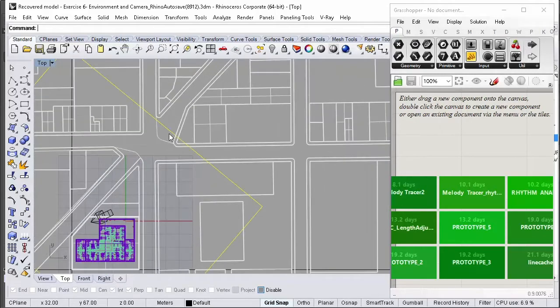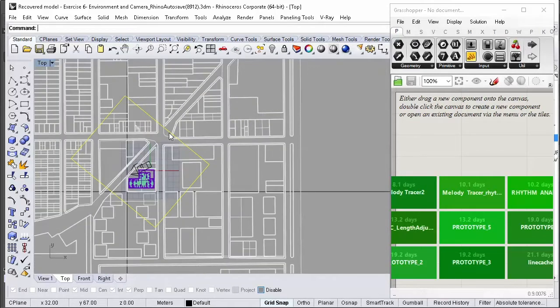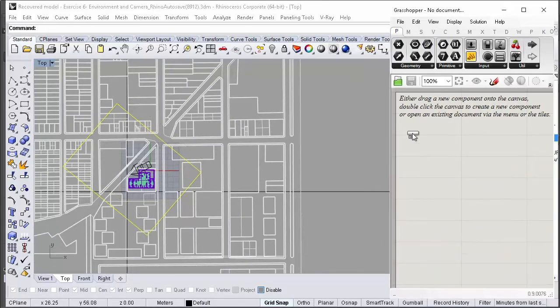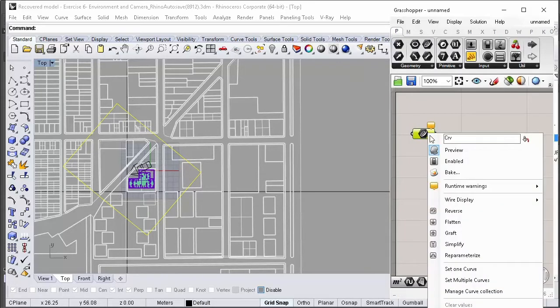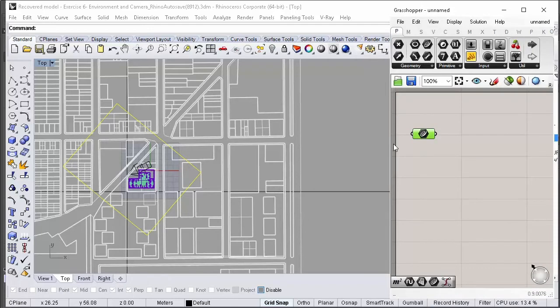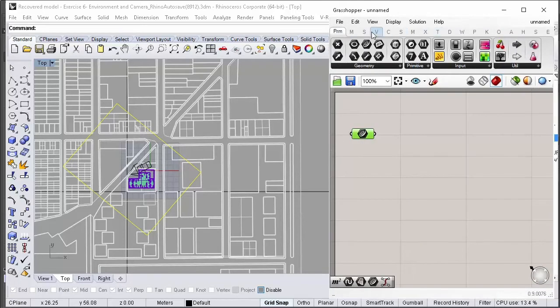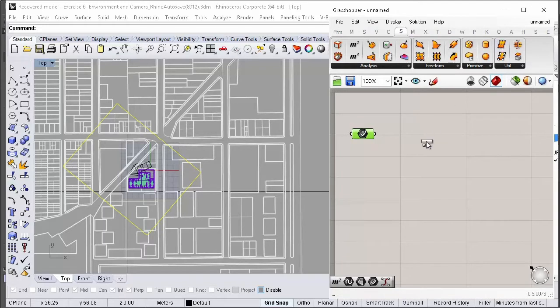And just draw a rectangle, bring it into Grasshopper, just make that into a surface.